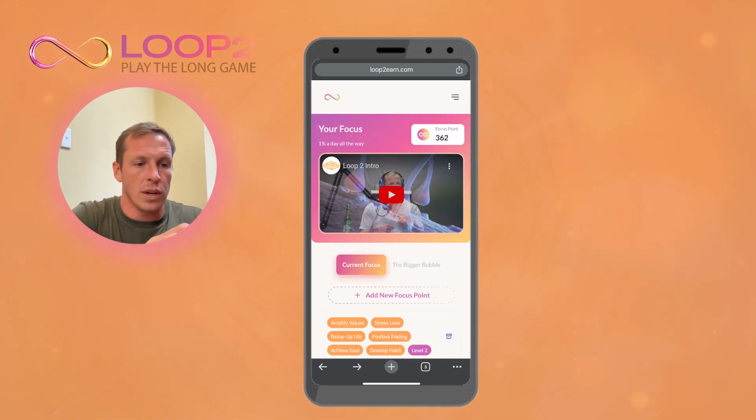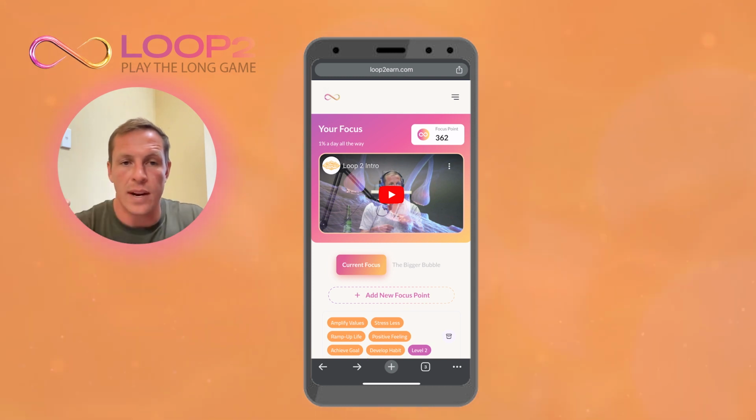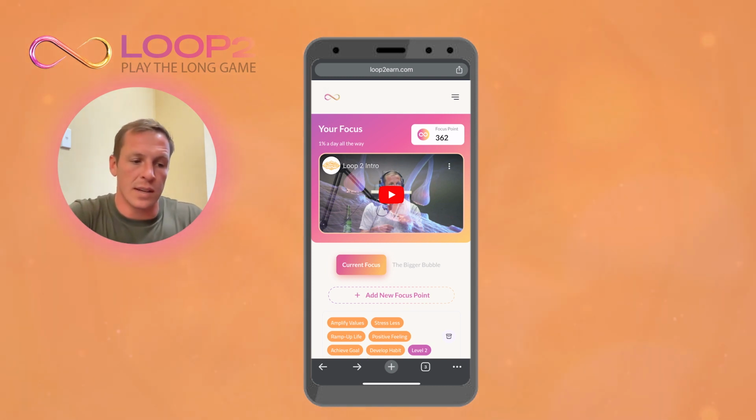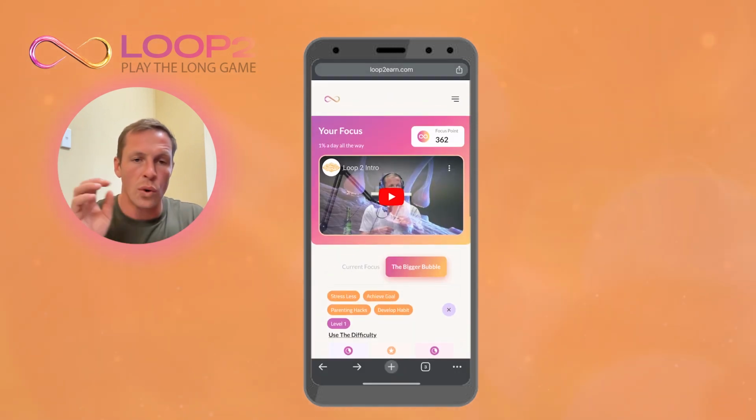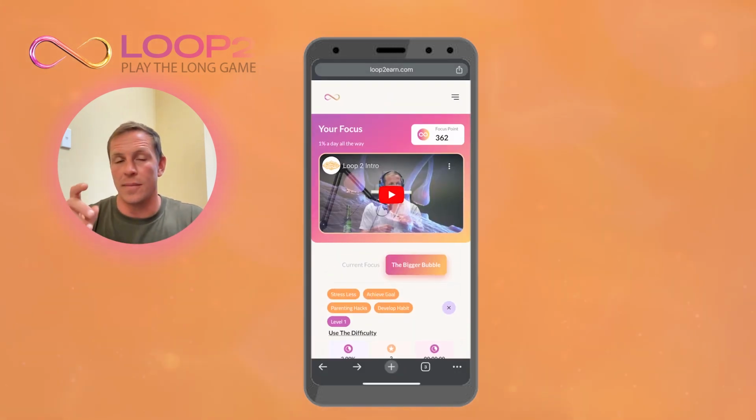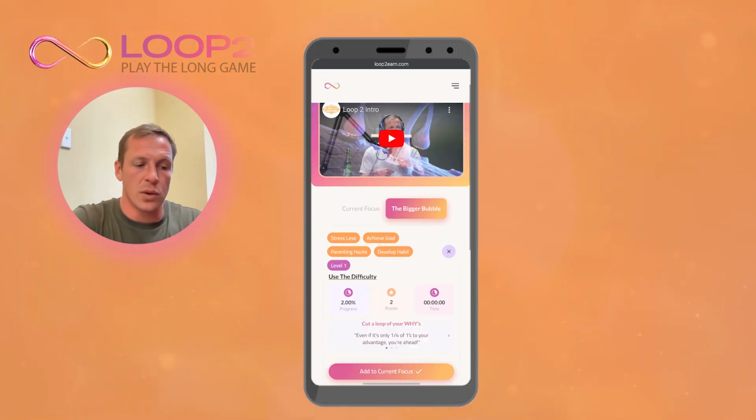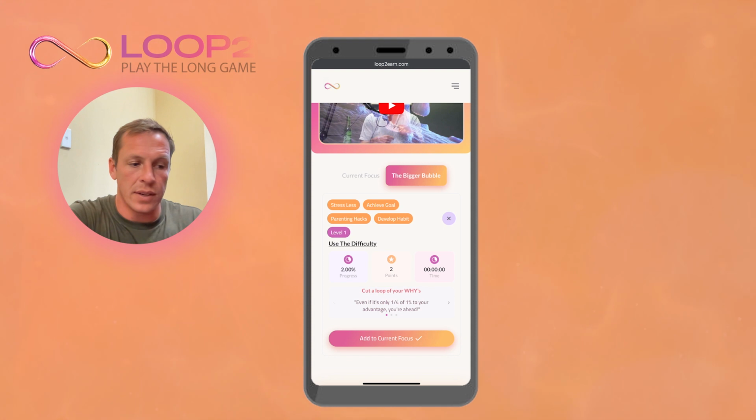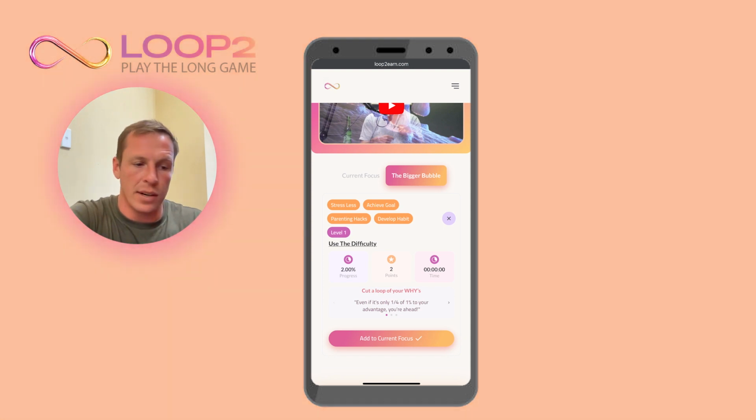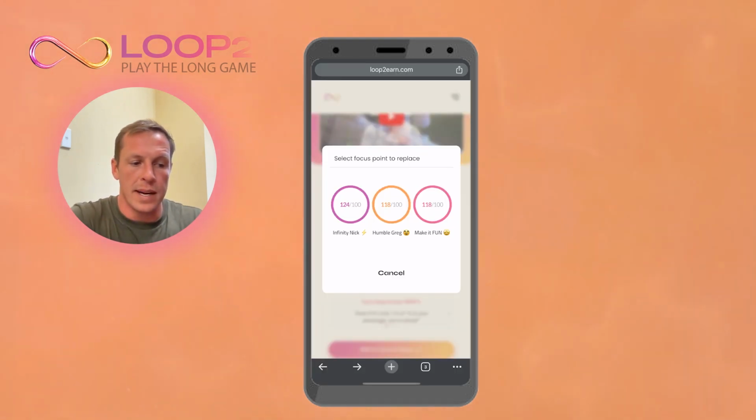If you want to also, once you've selected more than 3 focus points, you will then go to this thing which we call the bigger bubble, and that is where you have everything, all of your focus points that you're not currently focusing on but have in the past, and it will have their scores there. You see I've only got one because I've only recently got the app, and it's use the difficulty. And so if I want to add it to my current focus, there's a button there, and it will prompt me to